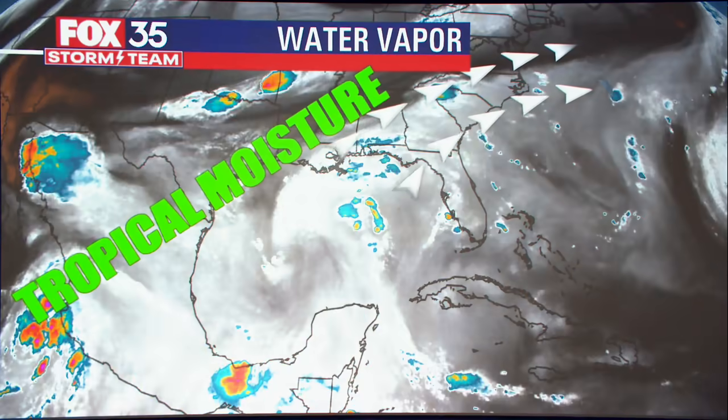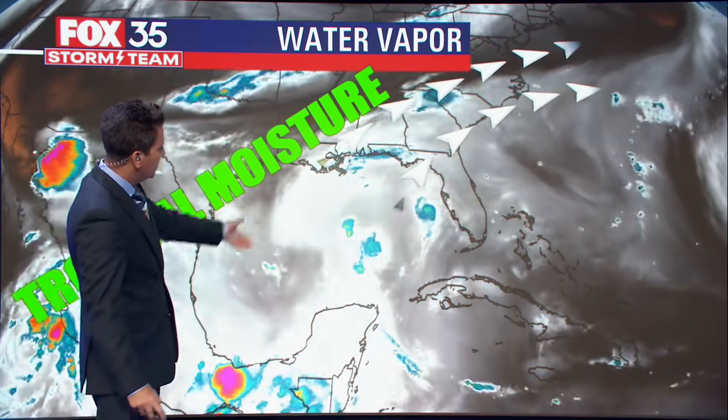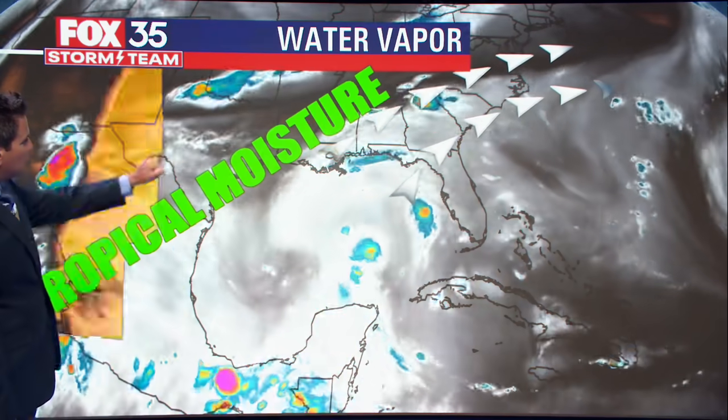Let's take a look at what's doing out in the Gulf now. We've got a moisture pipeline slowly taking shape to the disturbance out there. Here we are. Take a look as we show you a bit of a swirl out over the central Gulf. It could develop. There's a 50% chance next 2 days and next 5 days that it approaches the shoreline in